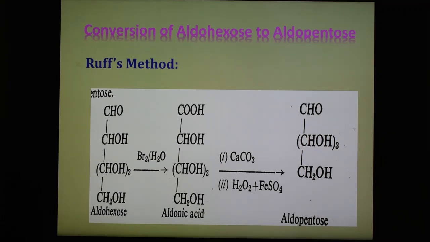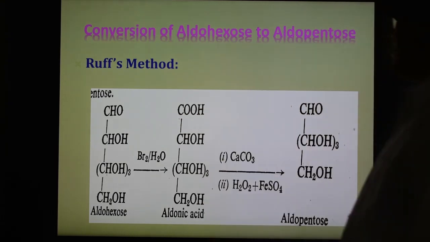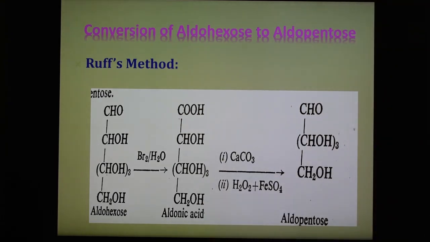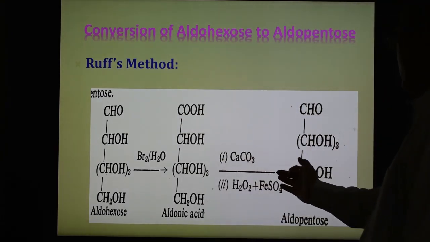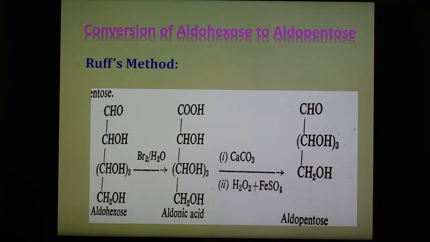So here this conversion is shown in 2 steps. First, oxidation: the aldehyde group is converted into a carboxylic acid group, so we get aldonic acid, which then reacts with calcium carbonate and H2O2, Fenton's reagent, and then the COOH group is again converted into a CHO group, and we get aldopentose, with 1 carbon atom less, and there is removal of other compounds. So these are the 2 important conversions given by Wohl and Ruff, and after this we are going to see